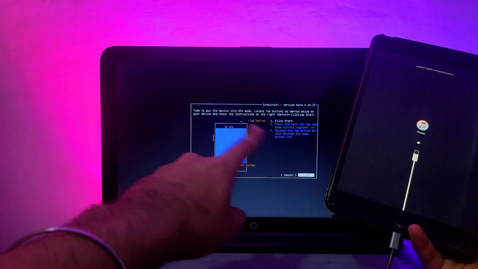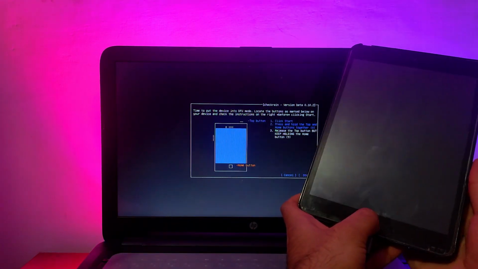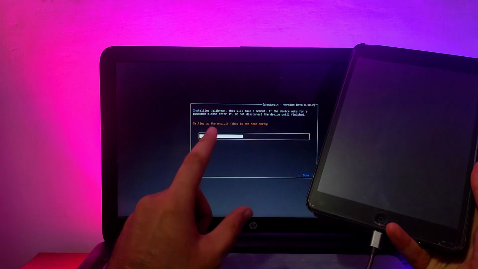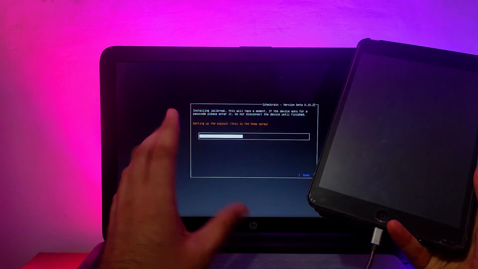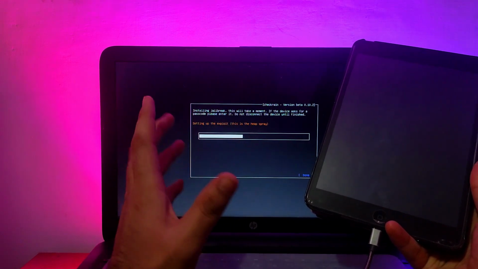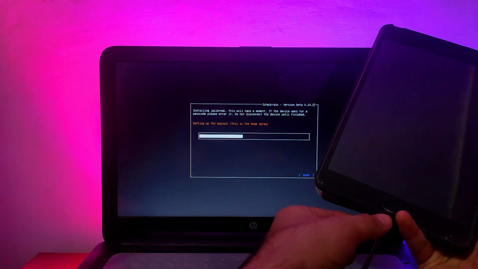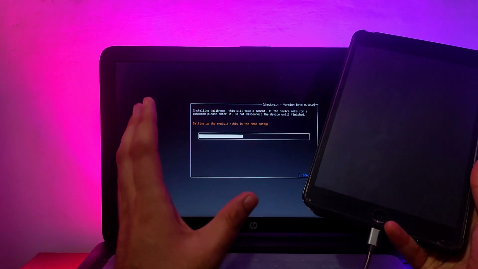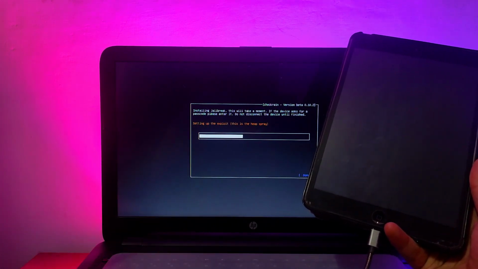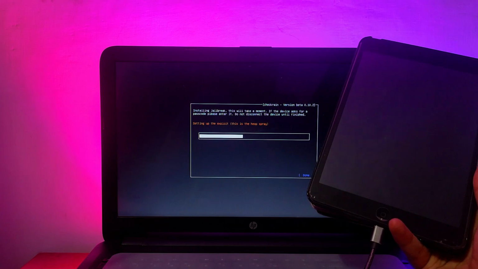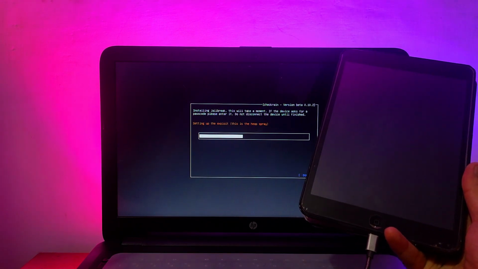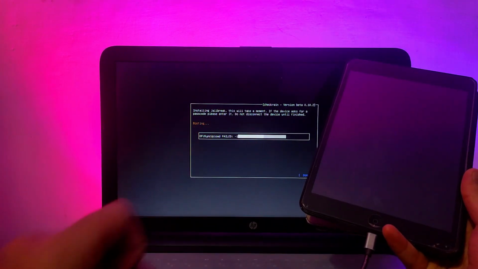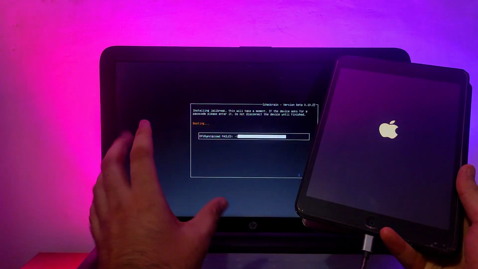Alright, now in order to jailbreak some iPad models or some iPhone models like iPad mini 2 and iPhone 5s, you need to apply some trick in order to complete the jailbreak process on our Windows machine. After you proceed to the jailbreak, it will first get stuck on the setup exploit and then it will get stuck on the write before trigger error. So for that, you need to unplug and replug your cable. This is only for the iPad mini 2 and the iPhone 5s because this issue is mainly in these two devices and other devices are working fine. So it will take around 2 to 3 minutes to set up the complete jailbreak. So when it comes to the write before trigger error, you need to unplug and replug your USB cable fast, and then you will see the booting process.